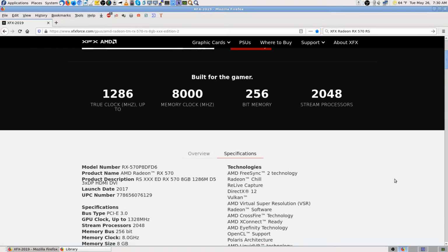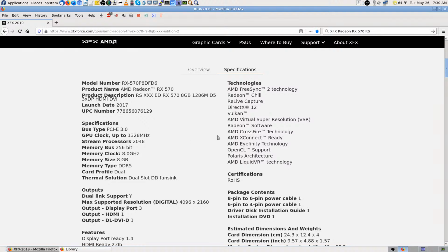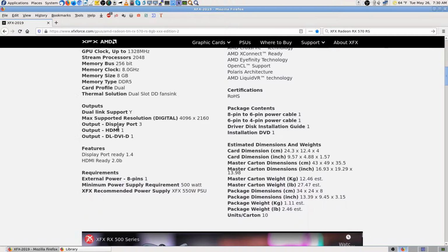I've looked at this page how many times, and I just found it a couple of days ago. The specs link. I'm not going to go through the whole thing. What it does, the ports it has is 3 DisplayPorts, which I don't have anything that uses, but it has an HDMI and a DVI-D. My monitor's a DVI-D, and